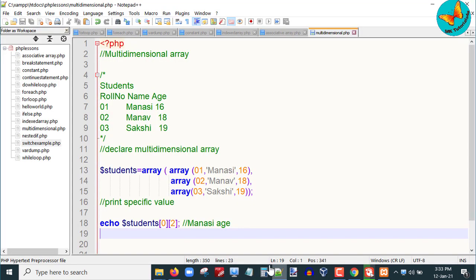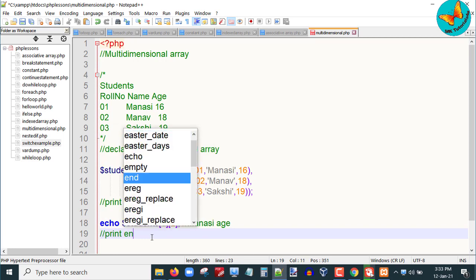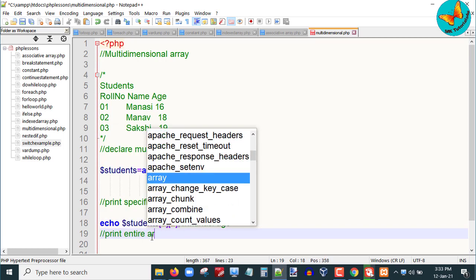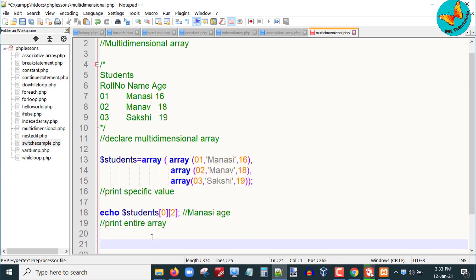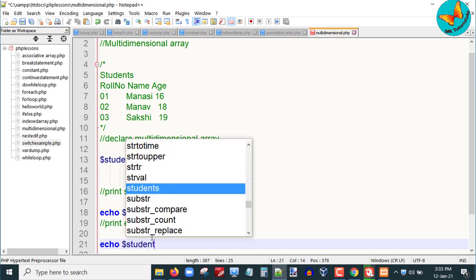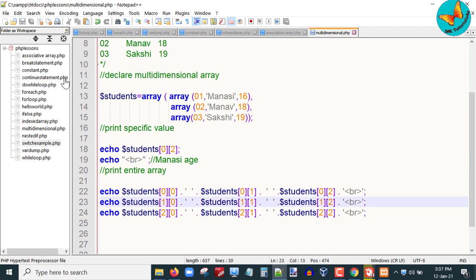Now say I just want to display all the values. I will first show you a very simple way, and then I will use the for loop. Let us write it something like this: echo $students, indexes 0 0, dot. In this way go on writing the echo statement for each and every row and column.